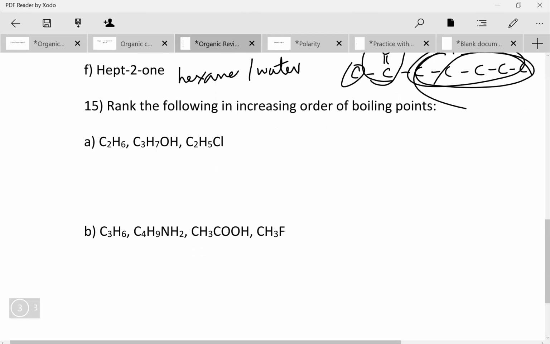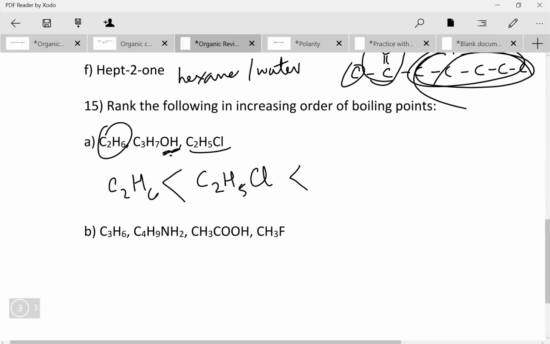Increasing order of boiling points, again, we just have to follow the order here. Nonpolar stuff, so this is nonpolar because it has no functional groups added onto it. So this is the lowest boiling point, ethane. Next lowest would be this, which is just a regular polar molecule because it has a CCl bond, but that is still not one of the special ones because this has an OH. So that will be our special case because of hydrogen bonding, and that OH being special will have the highest boiling point. Similar idea here,